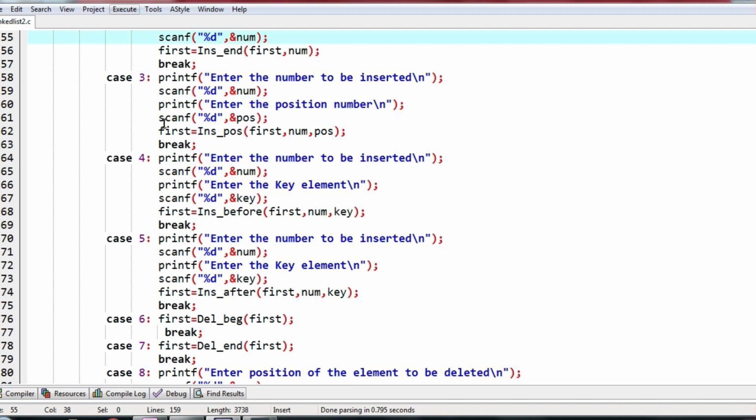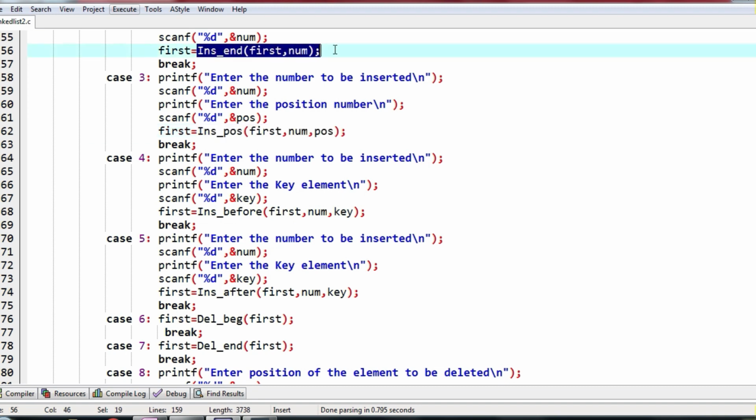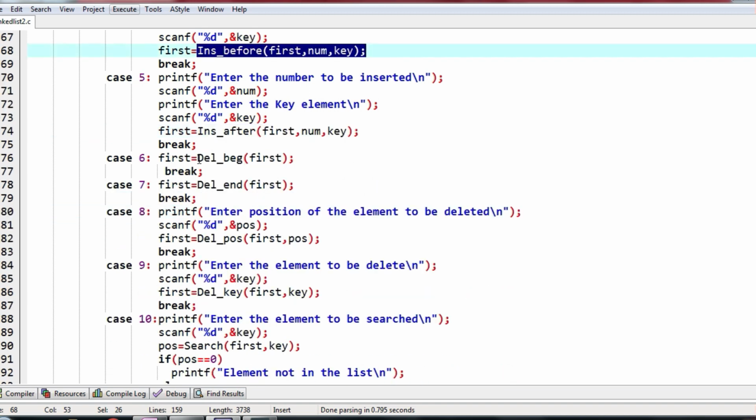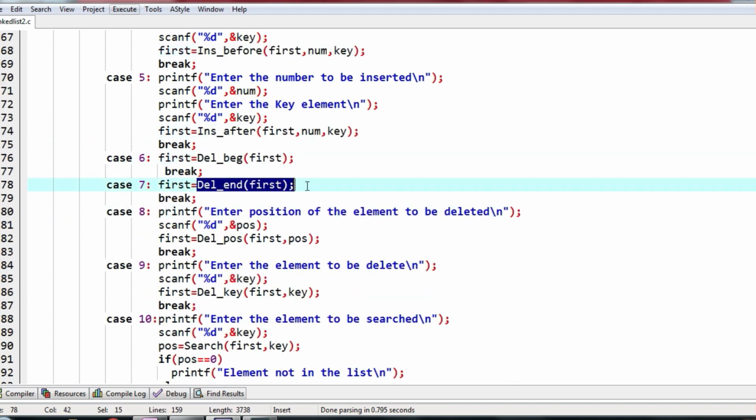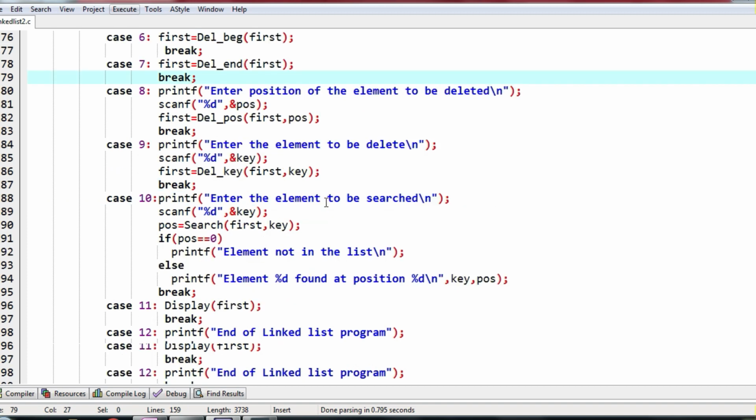And the appropriate function is called. See here we are calling the insert position function, insert at the end function, inserting before function. So here we have called delete first, delete end. So based on the option taken by the user, we have called the appropriate functions.